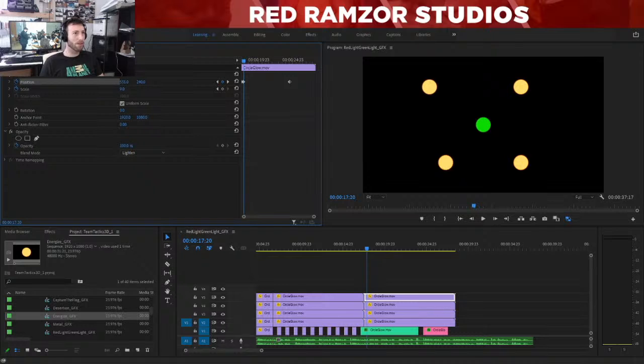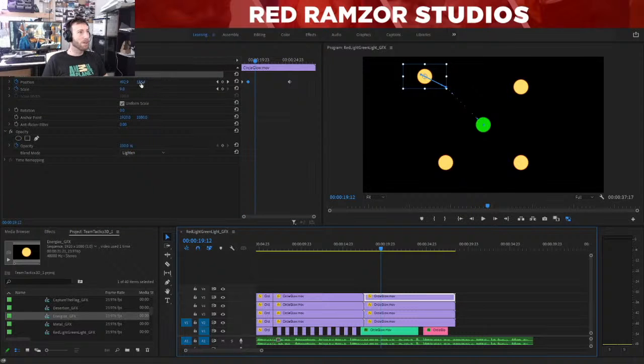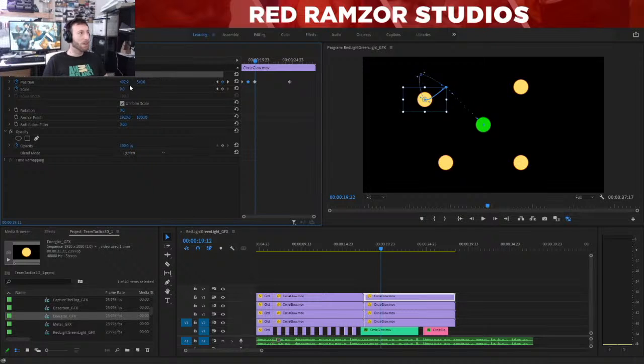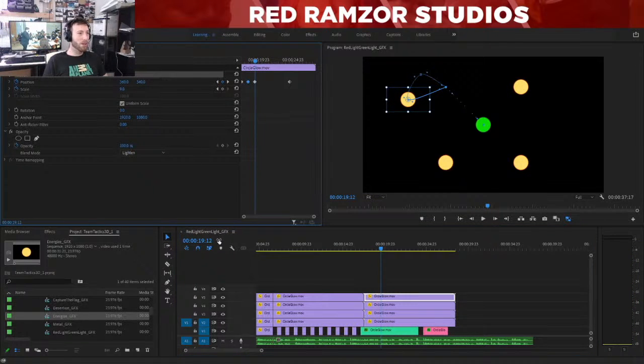So let's give this cool mathematical number. So let's say 560. Down to 340. And 360. All right. Well, we will allow the bezeled interpolation, which you can see